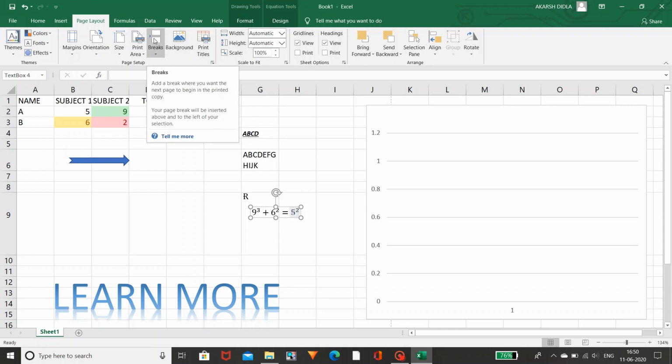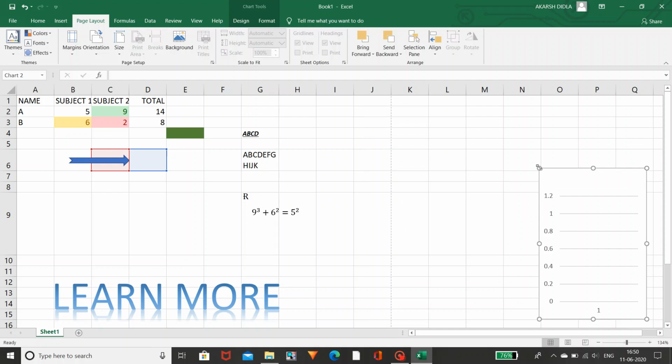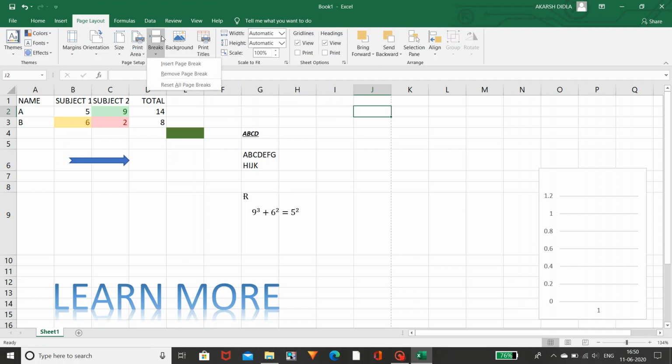And coming to the page breaks, I will explain this clearly. Like that only you can use this option. Why I'm explaining this is because it is a little bit difficult. So let us minimize this so that you can see clearly. Page break is nothing but, if I want to break the page between J and K, you can use this option, insert page break. Page break has been inserted.